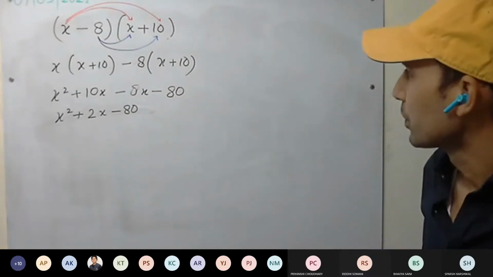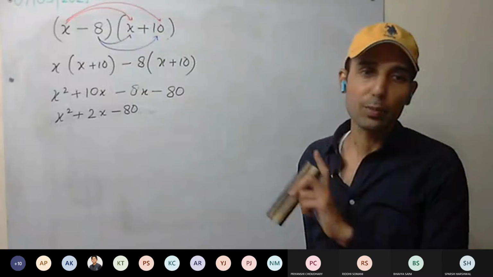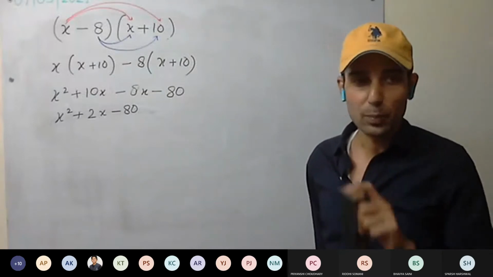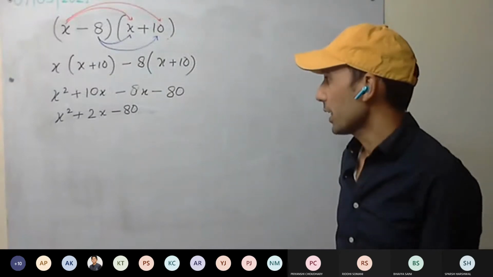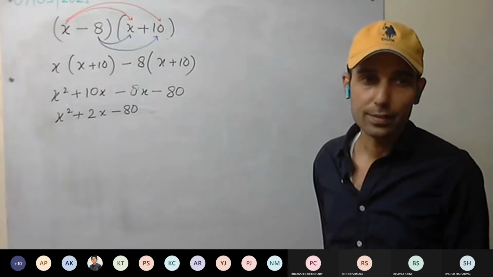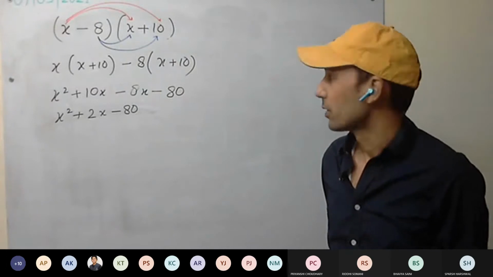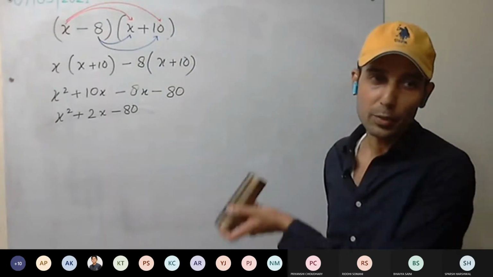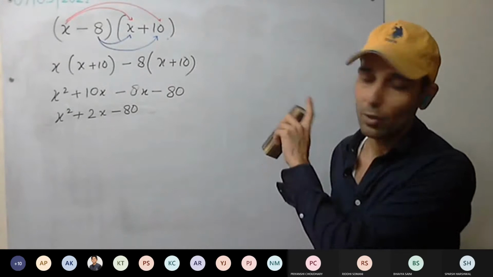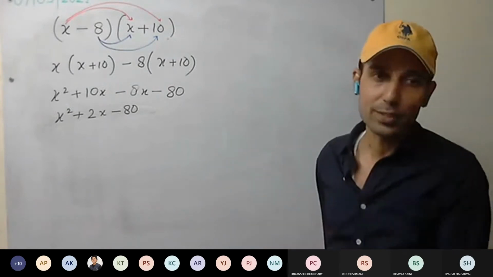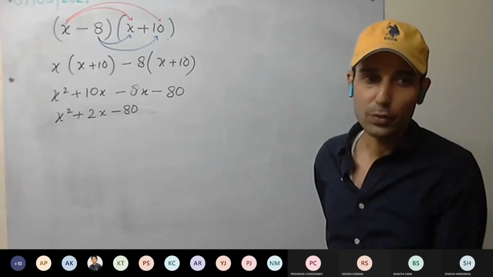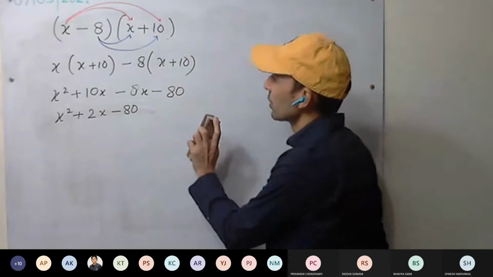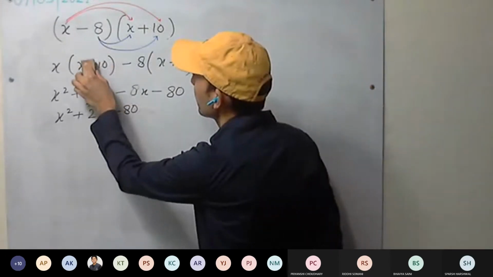Okay. In mathematics, don't simply look at the board. You must have the notebook. Keep doing that in the notebook, and then you can check from the board. Usually in class, I rarely use the board. Only explain, then the students keep doing the work. I just move and check the work. Okay. So next one.